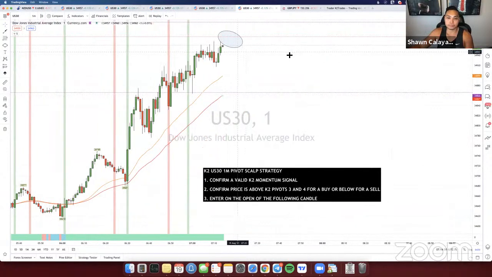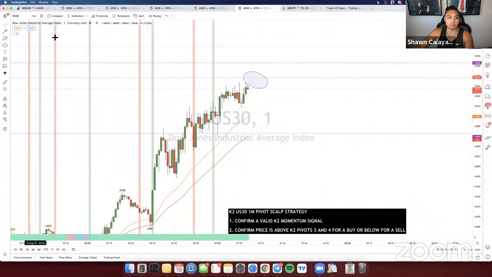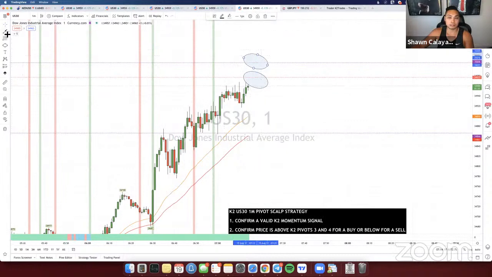A couple of things that I'm looking for here. I'm looking for whether price is going to reject off the London high or even the Asia high, because there's another high right here. Price can easily bounce off any of these points. Price can bounce off the Asia high or the London high. So it becomes risky at this point because it can easily come down, then again right here, come down as well. So looking at this over here,